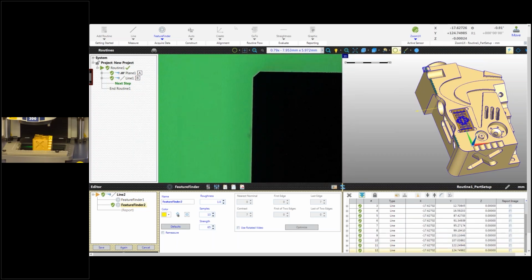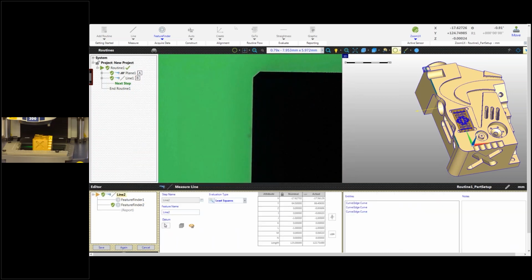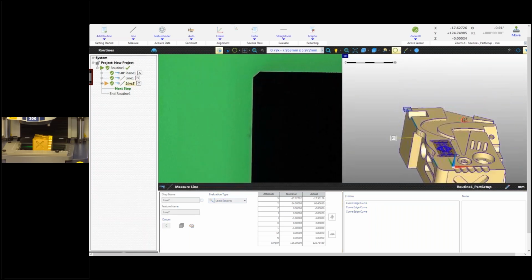So you can see here I've got 12 finders to measure that one edge. And we're going to call this datum C. So I go back up to the step node in my editor, and I call it datum C. And I hit save. And there we are. I've got my ABC, my plane, line. And I'm going to create an alignment now